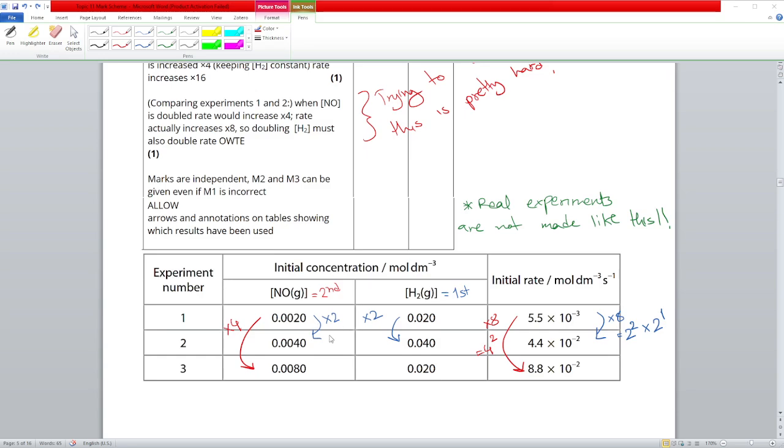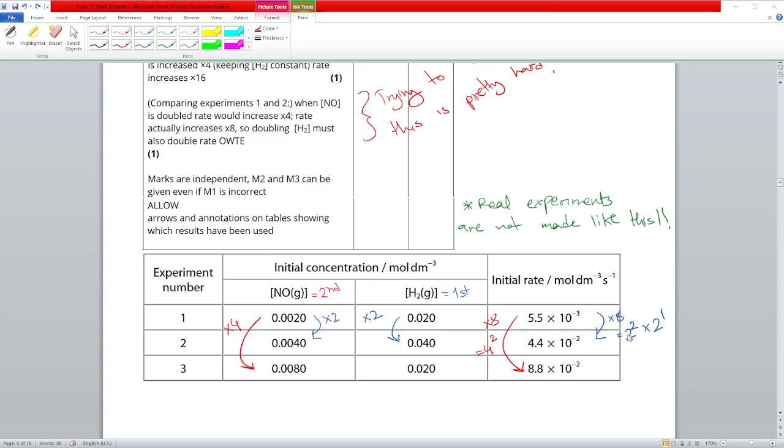So here we can see that NO is doubling, right? It's a 2x change. And H2 is also doubling. That's a 2x change again. We already know that NO is second order, that we established already. Which means that this change over here, this one, which is also 8x, this blue change,